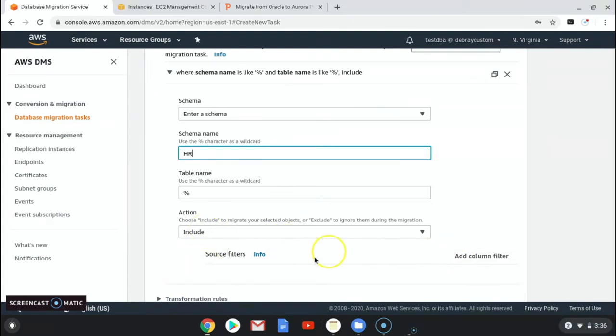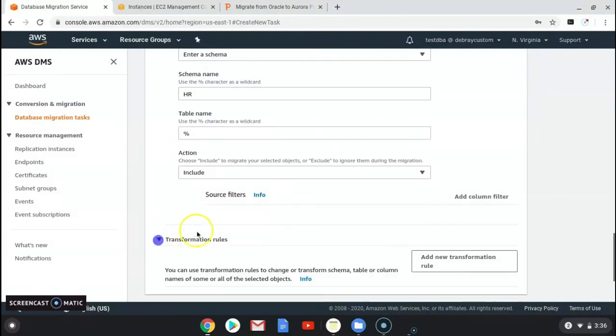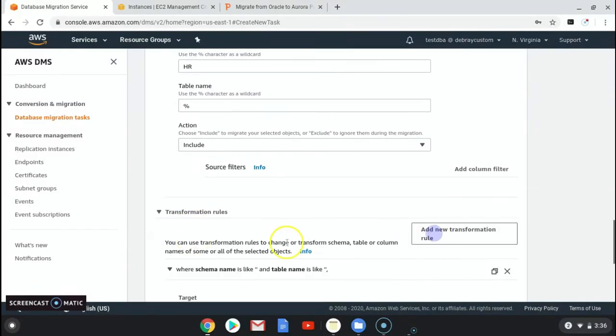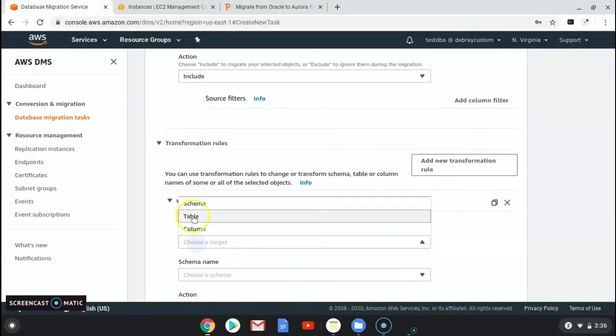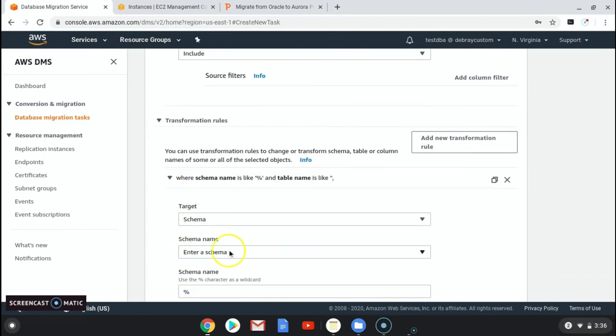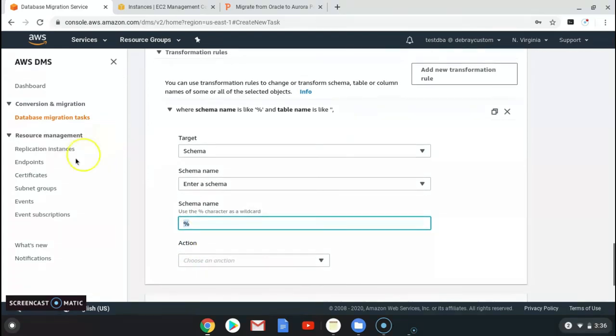For transformation rules, this is mostly required at the target side. Target schema name I'll use as